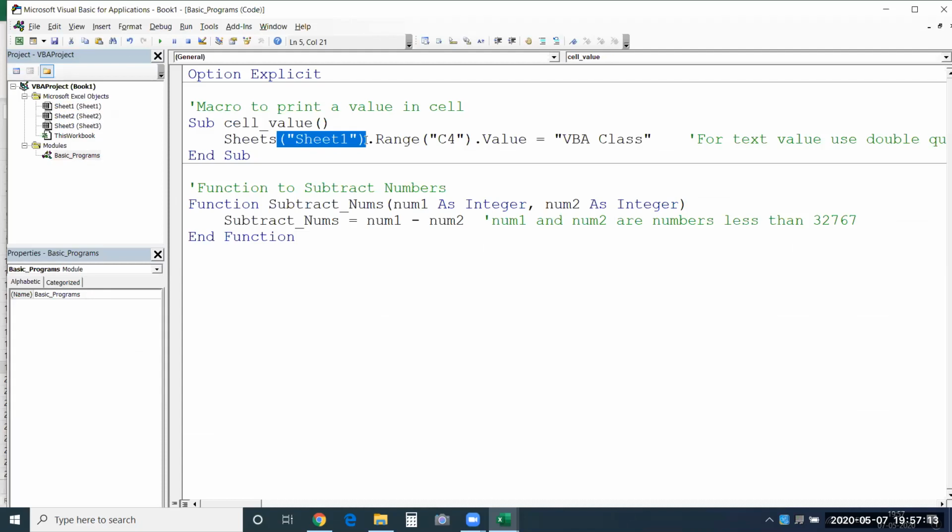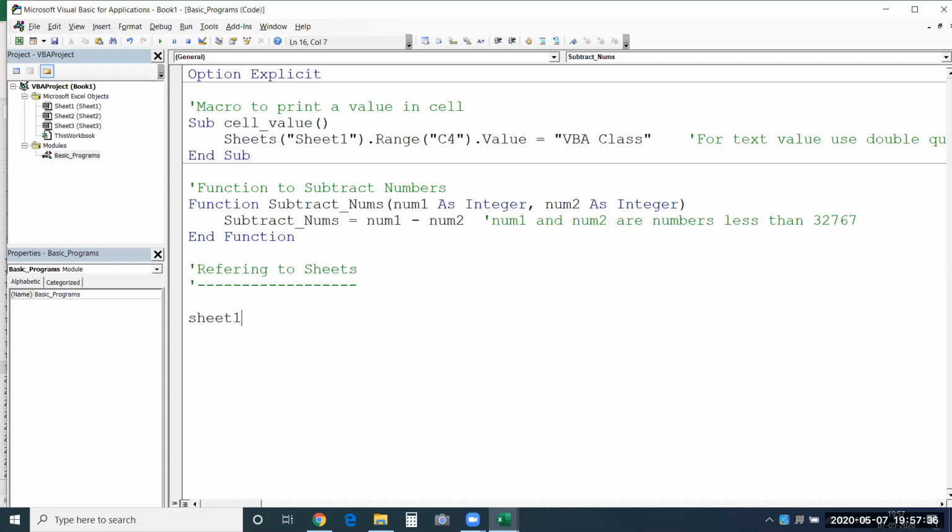So I'll show you. There are a number of ways of referring to sheets. In VBA macros, we can refer to a sheet as Sheet 1.